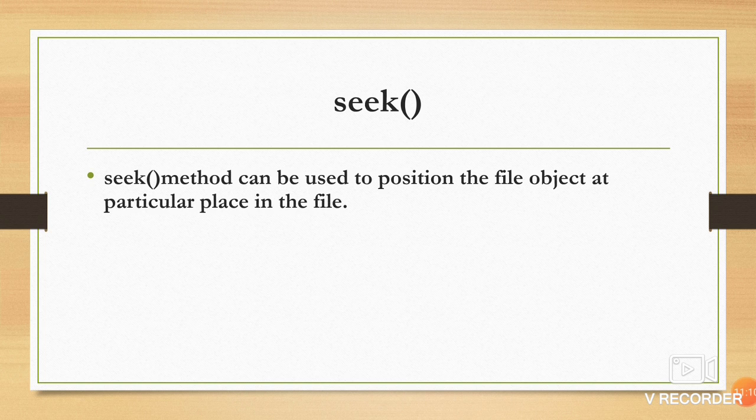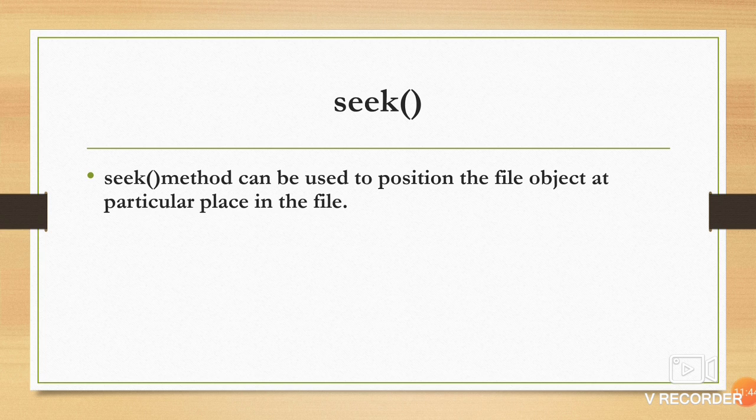Seek method can be used to position the file object at a particular place in the file. Okay. Tell method से क्या हो रहा है? Tell method only returns the integer value. It will return only the position of the file object. Tell method हमें सिर्फ position बता रहा है कि हमारा file object जो object है वो file में कहाँ पे located है. अगर file पहले से ही just open की है, so the initial value of the tell is 0. Okay. And if you perform any operation on that, it will change according to the task.